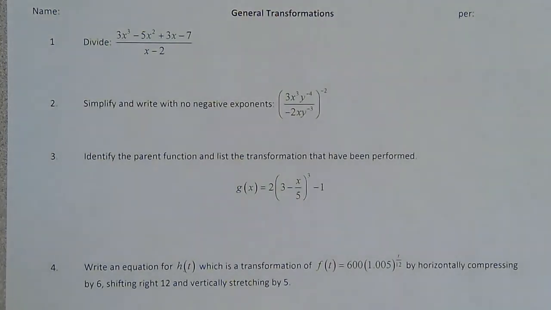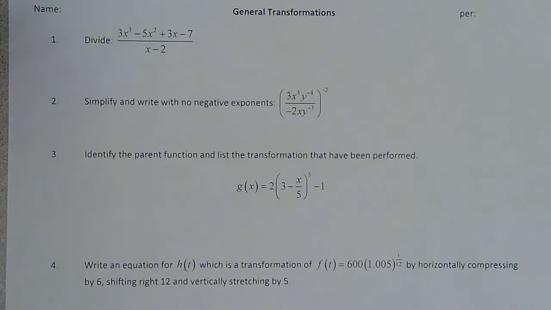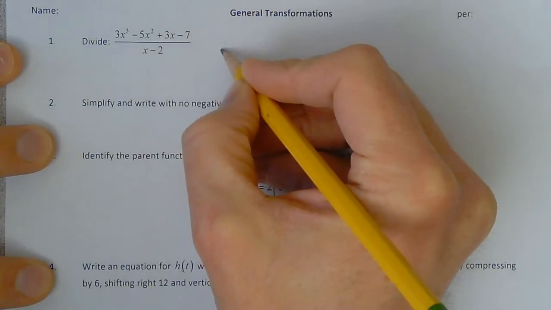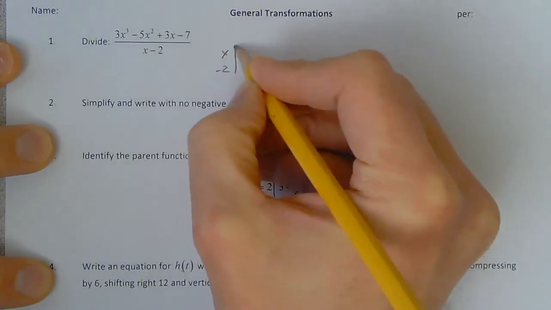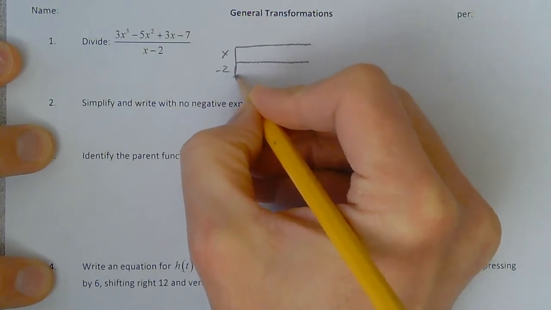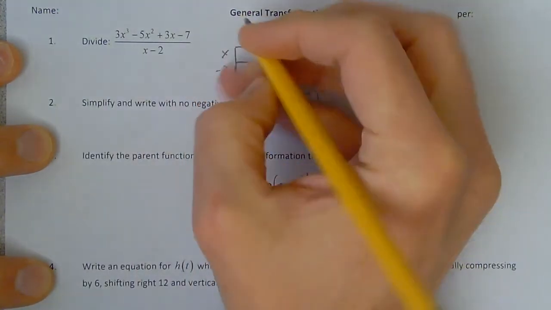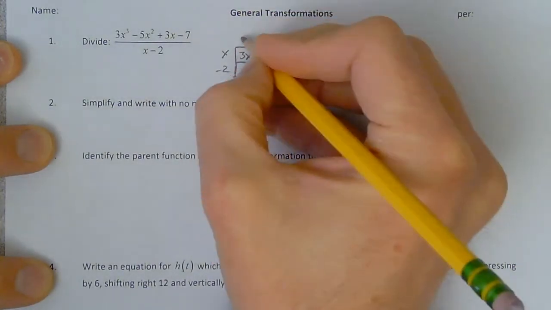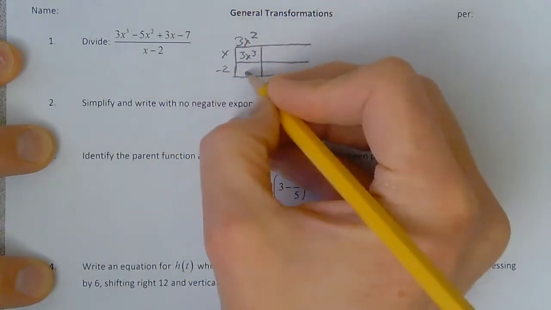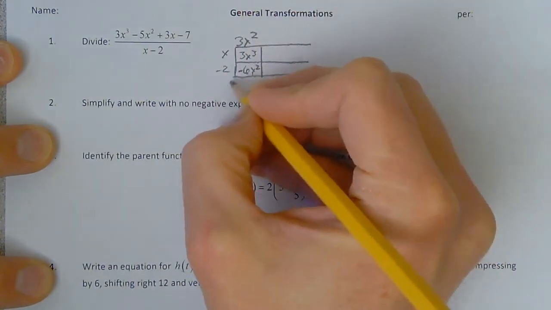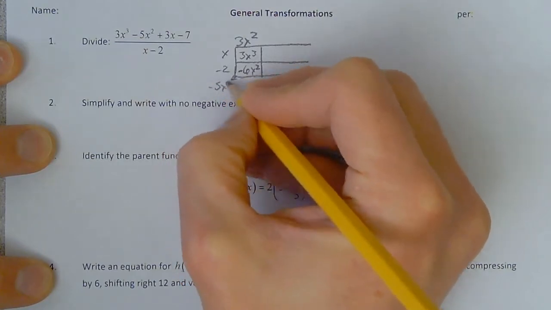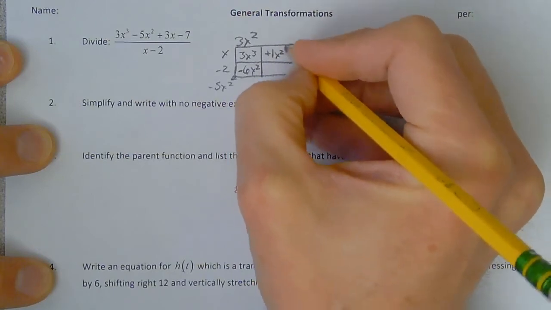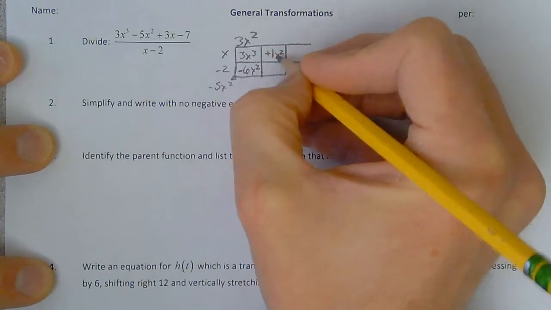All right, the general transformations worksheet started out with a long division here for us. So we did that with the area models. The x minus 2 is the thing we're dividing by. This is in descending order of power, so we want a 3x cubed to land there, which means this must have been a 3x squared, which would force this to be a negative 6x squared, but we're supposed to have negative 5x squareds, which means we must have needed a plus 1x squared there to make that happen,